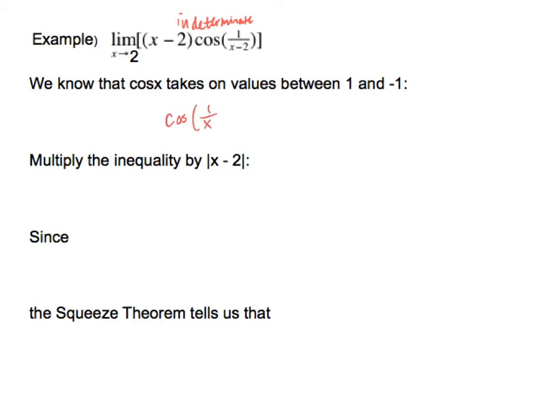All right, so we know that cosine takes on values between 1 and negative 1, and therefore this cosine of 1 over x minus 2 also remains between 1 and negative 1. We take a look at our middle of the inequality and say to ourselves, well, I need f of x. I need exactly what's in the original problem to be in the middle. Using the absolute value concept again, I now choose to multiply each of the three parts of the inequality by absolute value x minus 2. So we have the negative